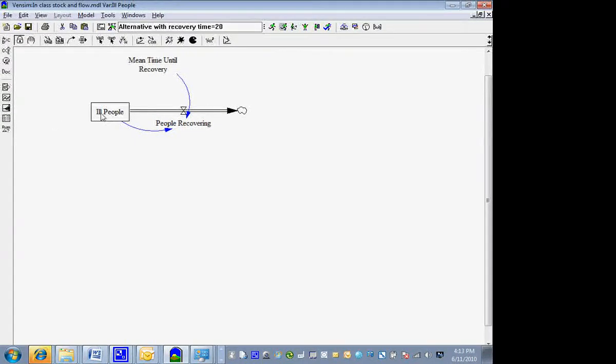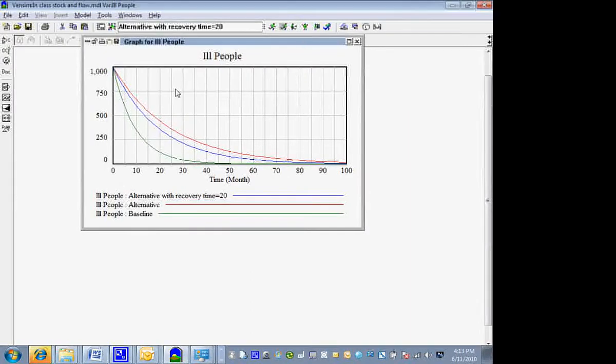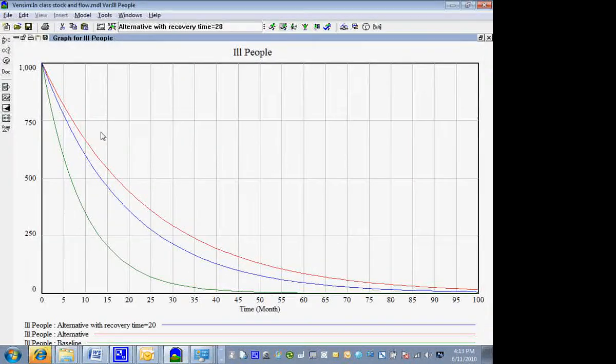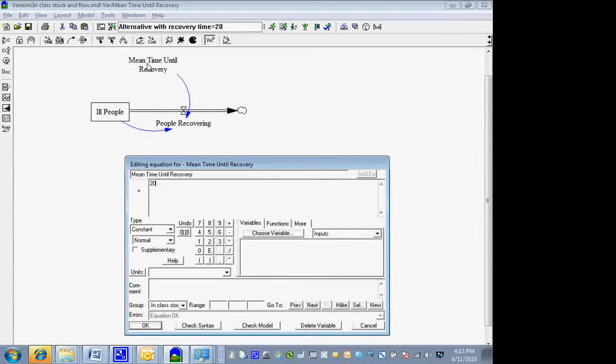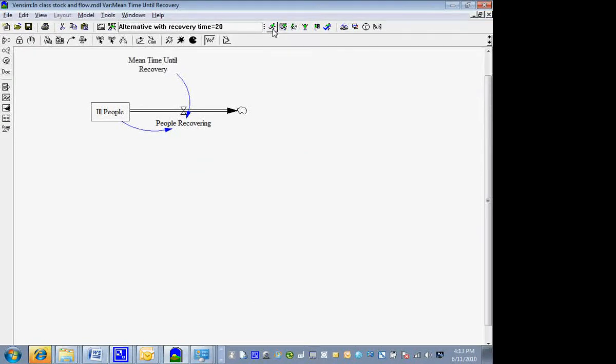And now we have one where recovery time equals 20, one with recovery time equals 10, the baseline, and then this one here, which is with 25, just the alternative I was experimenting with. So there we changed it manually, and we could run it just using this. So we can rerun the simulation, compare results, okay? So this is a little model